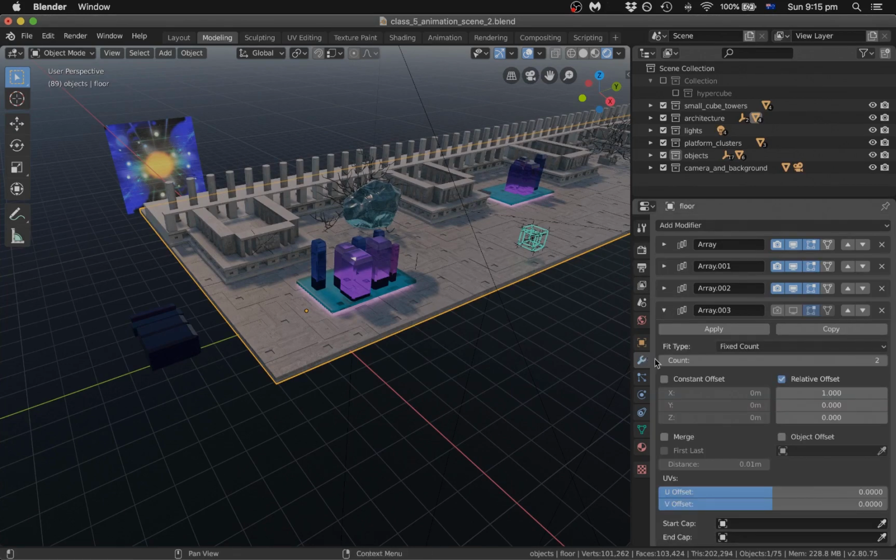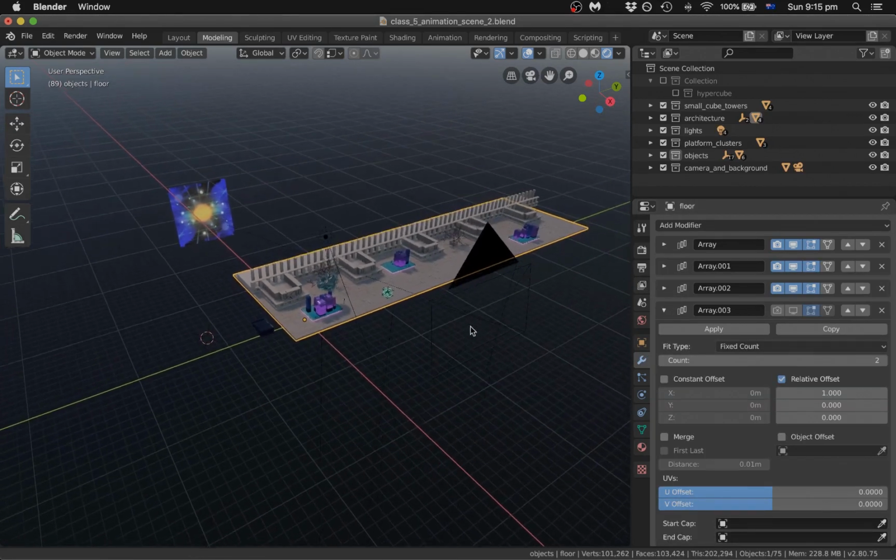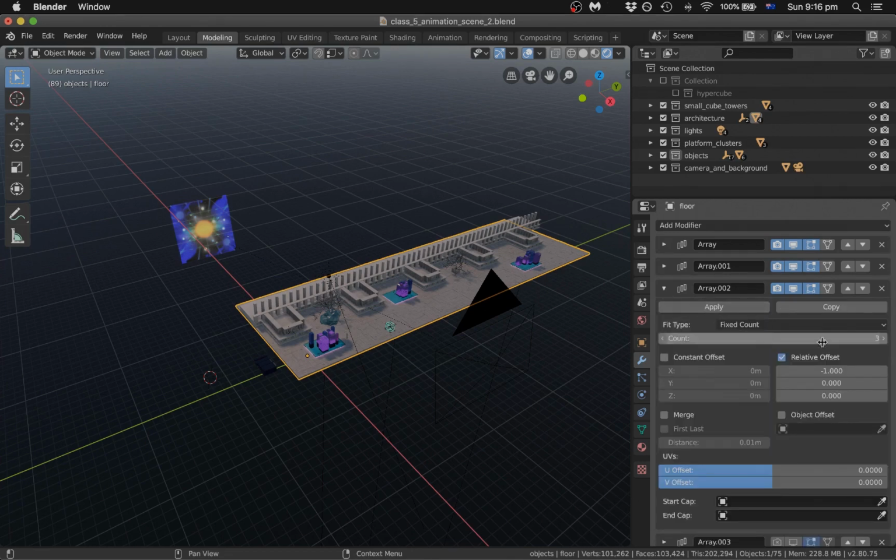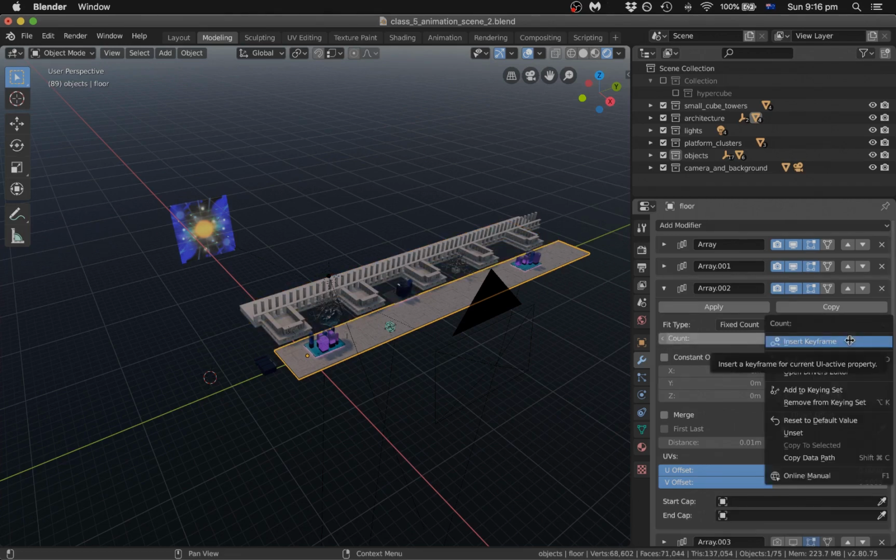I don't know visually if you can think of anything to do with this, but this count property here, that is not doing anything because that's the wrong modifier. This count property here that's set to 3, if we set this down to 2 and 1, the floor is getting smaller and smaller. If you right click on that count, you could insert a keyframe there,